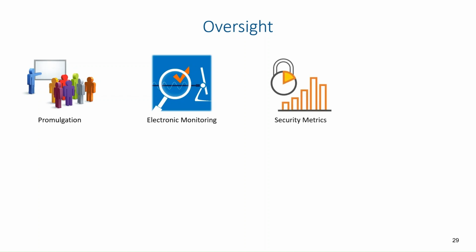The next part of oversight is security metrics, which are indicators of security success or failure. As we look at these indicators, we'll notice that many individuals are going to engage in good security behavior. We're going to reward those who engage in good security behavior, and those that don't, we're going to penalize. Additionally, we'll also pay attention to the technology tools that are going to monitor and track specific behaviors of other individuals to be able to determine if we need to change our policies and procedures to better protect our assets.